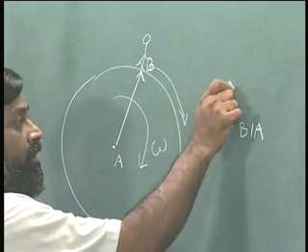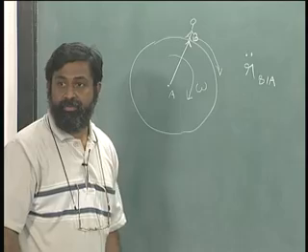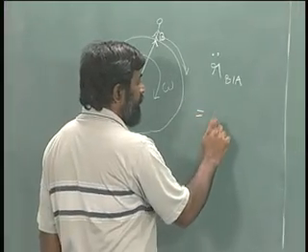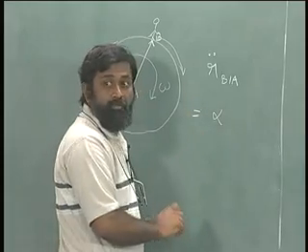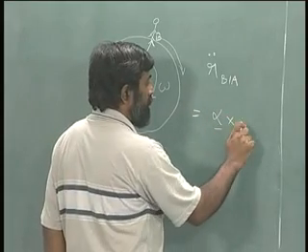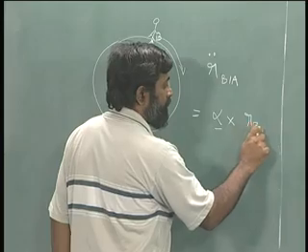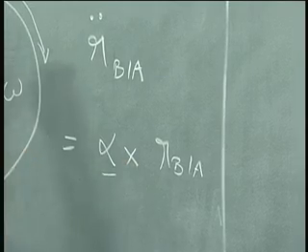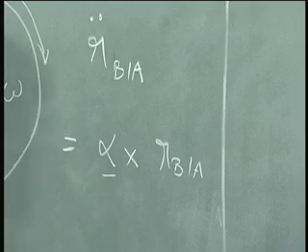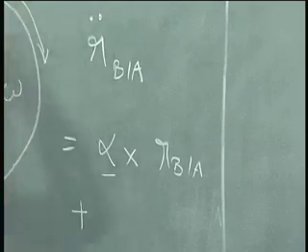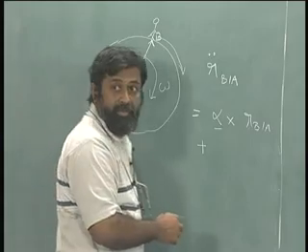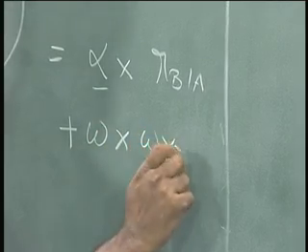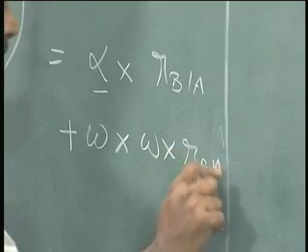R double dot of B with respect to A is what I am interested in, and that will be given by, as we have already derived, alpha cross R B with respect to A, which is the tangential component of acceleration, plus the radial component, the inward radial component of acceleration, which is given by this,